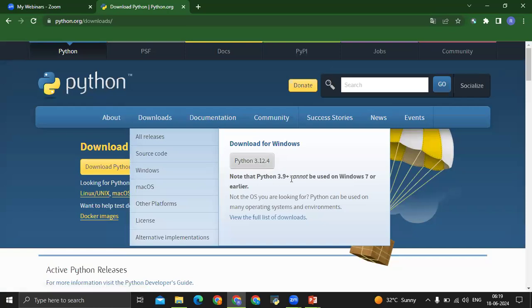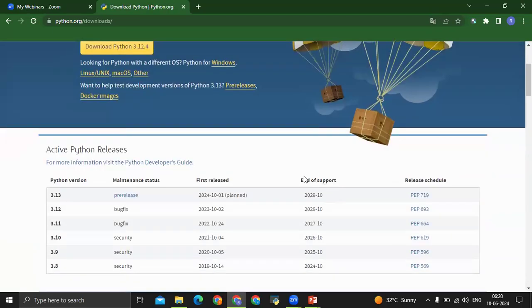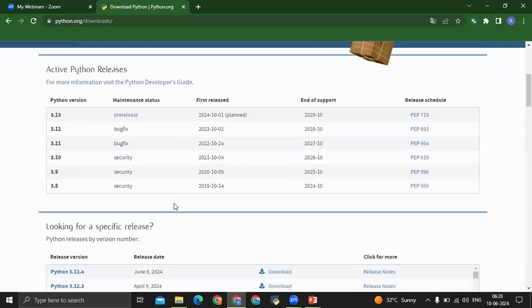Please remember that Python 3.9 plus cannot be used on Windows 7 or earlier. So we should download it on Windows 8 or later, and only then can we work on this. Let's talk about all the releases. These are all the releases, and when each was released is mentioned here.